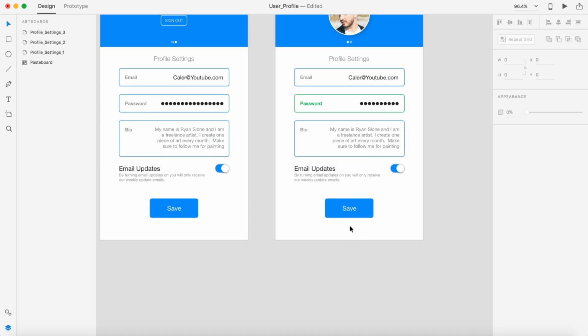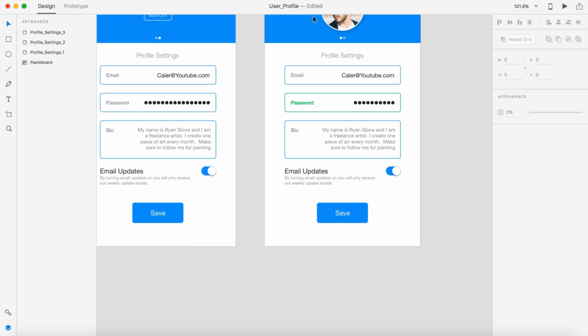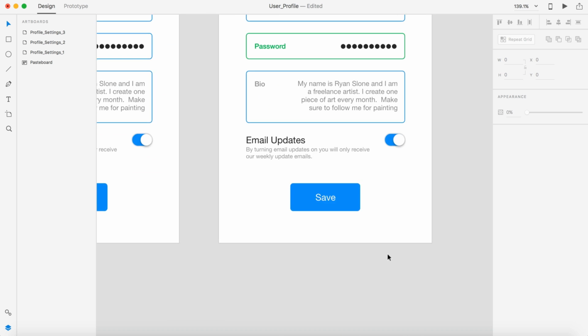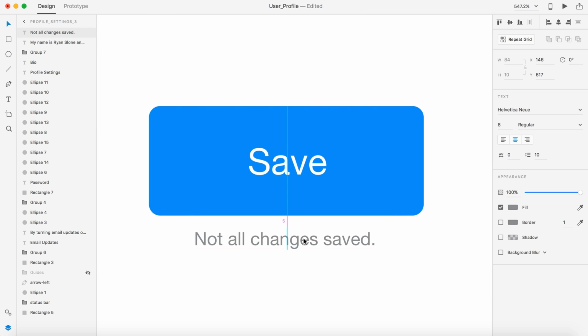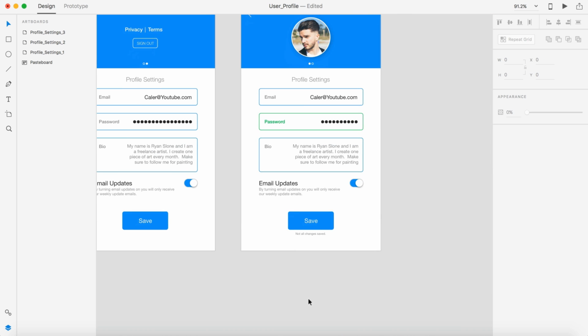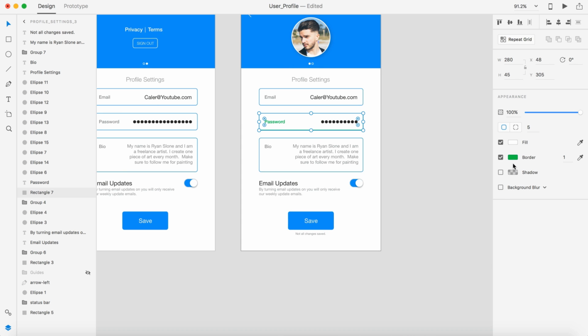We might want a little text below here. I think that would be a good idea. All right, so let's add that. So let's just say like not all changes saved. And this can probably be smaller than 10, so I'm gonna try 8. And center it, put it just below our save button, probably 5 pixels. Not all changes saved. And then we can copy our green color again,